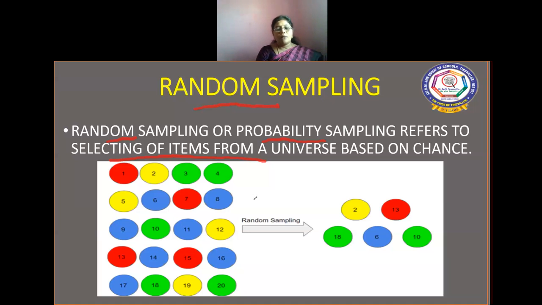And one more way is there. So there is still another way. Suppose there are 50 sections of 40 students each. You select at random 4 students from each section. So there are many ways of selecting a random sample, but each and every way has its own advantages as well as disadvantages.